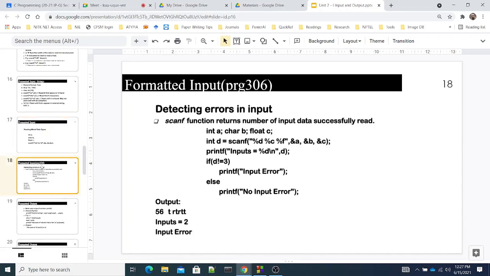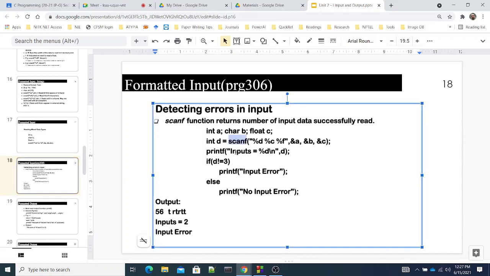Now, detecting errors in input. So this is something new that we did not discuss so far. When I'm calling scanf function, what happens? The data entered by the user will be stored into this variable. There is one more thing happening. Scanf function returns some value. So far I was ignoring that, but if I want, I can store that in a variable,